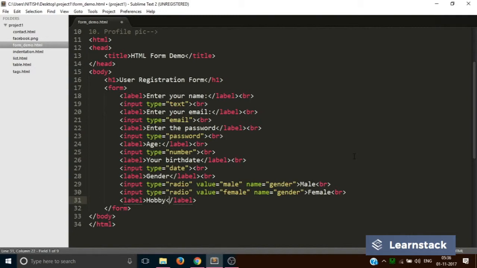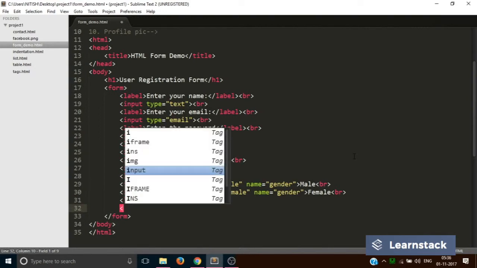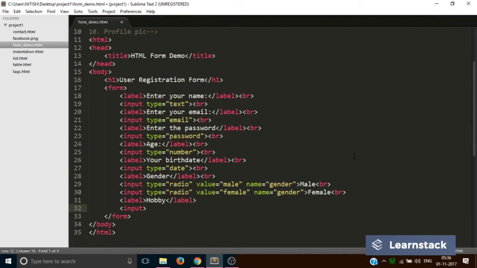hobby. To add a hobby, this particular type of input can have multiple inputs because a user can have multiple hobbies. So this kind of situation in HTML is tackled with checkboxes, where a user can check multiple boxes. So let's add checkboxes to our form. Checkboxes are added using the input with the type attribute of checkbox,